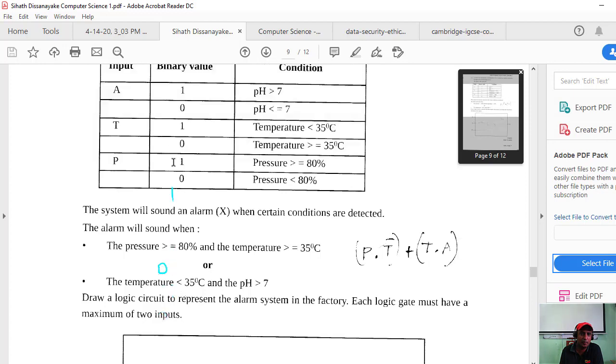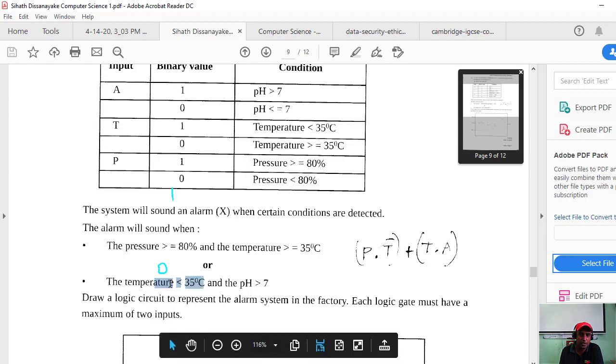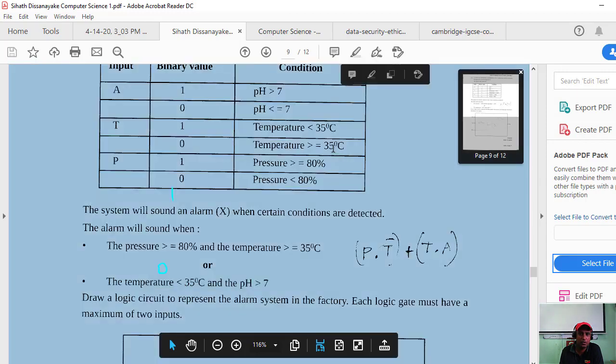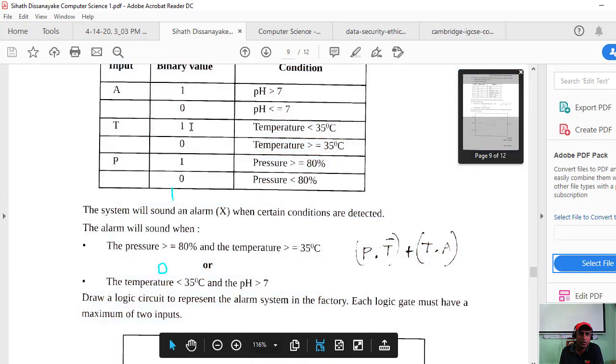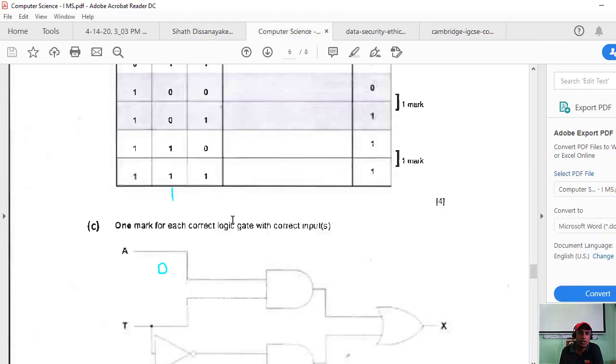Temperature value 0 means, sorry, temperature should be 1, no? Greater than 35, that temperature should be 1. pH value also 1. That is 1, 1, no? That is correct. 1, 1. Okay, that means this one is okay.